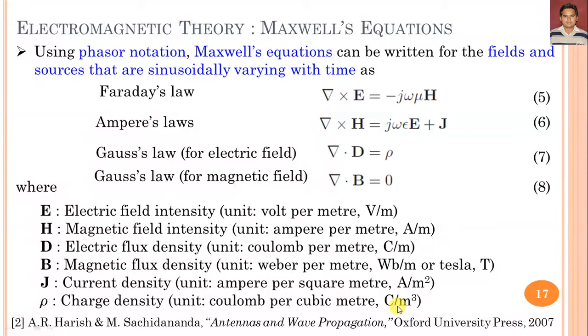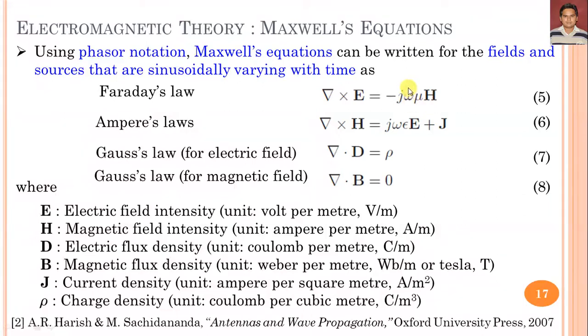So we can say that Maxwell has four equations that can be represented by equations 5, 6, 7 and 8. One by one we can understand them. What is the Faraday law of induction? This law simply states that the induced electromotive force is proportional to the rate of change of magnetic flux through a coil.